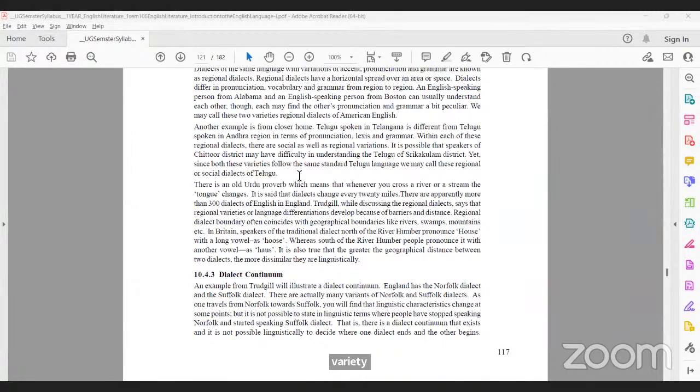But the thing is that they vary from one to the other based on the usage of a particular or specific societal group. And these differences, here an example has been given: if there are 15 different sociolects or dialects which differ from each other from 1 to 15, then the chain and the gap in between these 1 to 15 is known as the dialect continuum. Okay, is it clear?